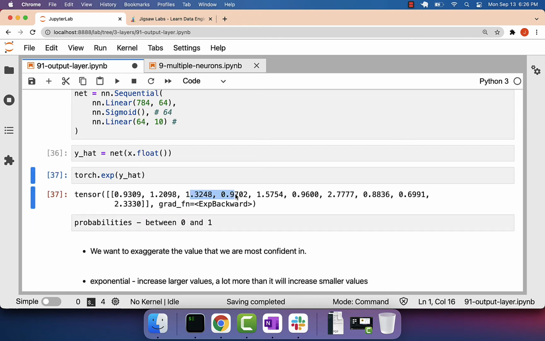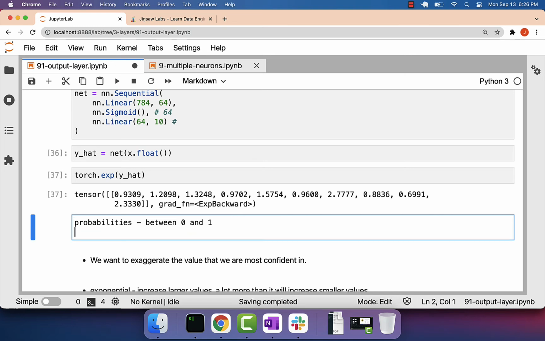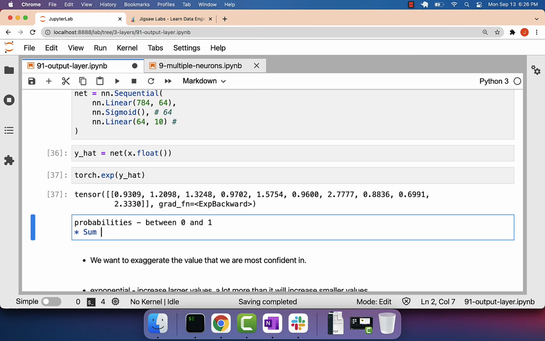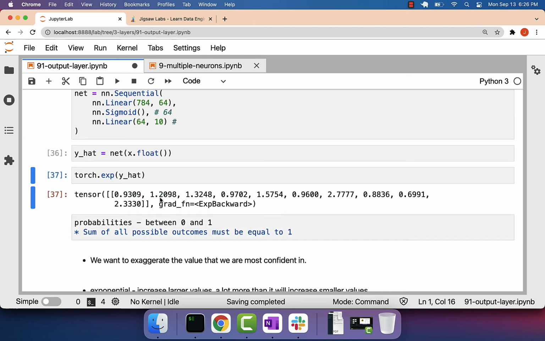We have numbers that are greater than 1. The other rule about probabilities is that the sum of all possible outcomes should be equal to exactly 1. Okay? And this is a really important rule. The sum of all possible outcomes must be equal to 1. All right? So there's an easy way to go from these values to then say, you know, the probability that